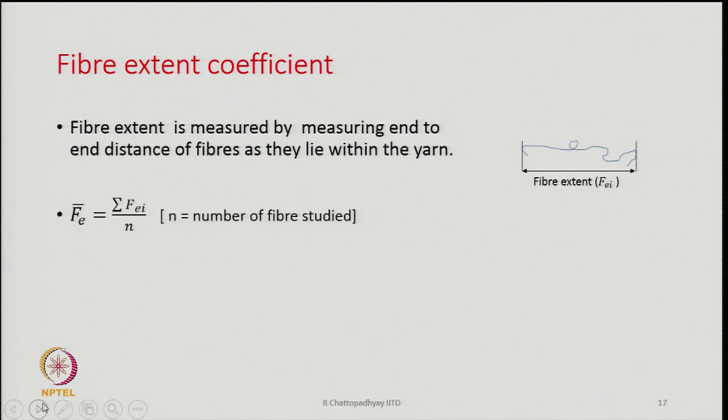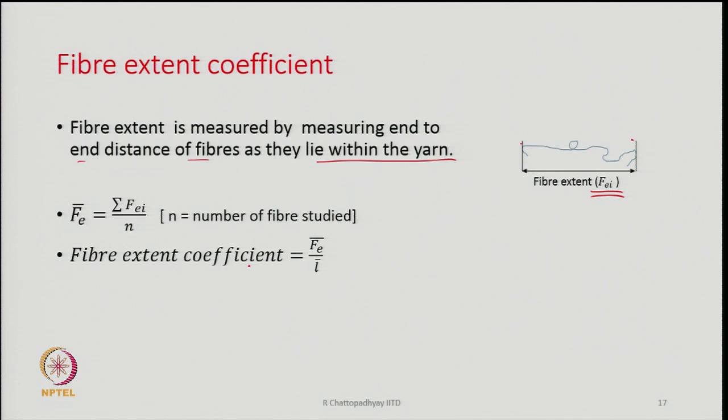Fiber extent is measured by measuring the end to end distance of the fiber as it lies within the yarn, like this fiber shown on the right hand side. So, the end to end distance is from here to there; this distance is the fiber extent. We can find the average fiber extent if we look at 100 fibers, each fiber will have one value. So, the average value Fe bar is going to be sigma Fei by n,